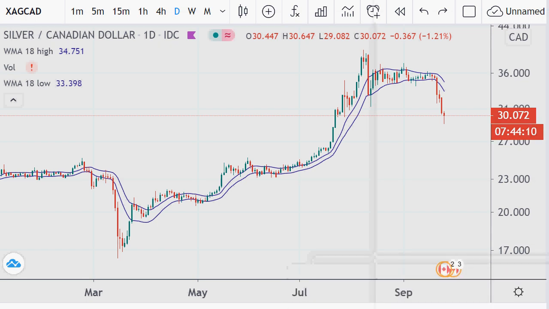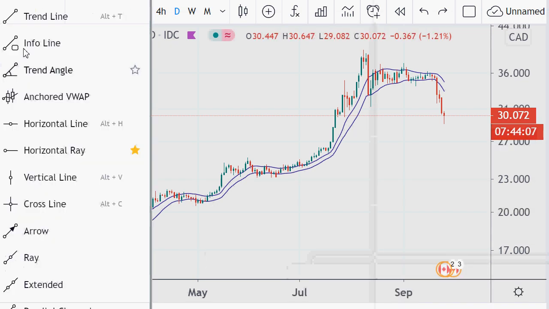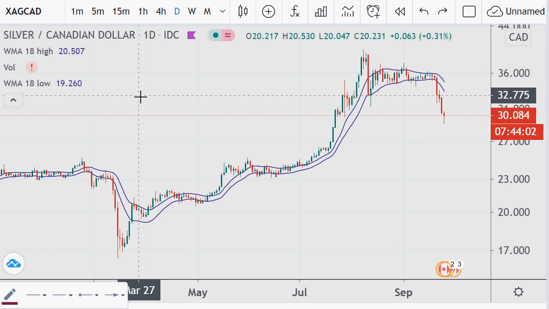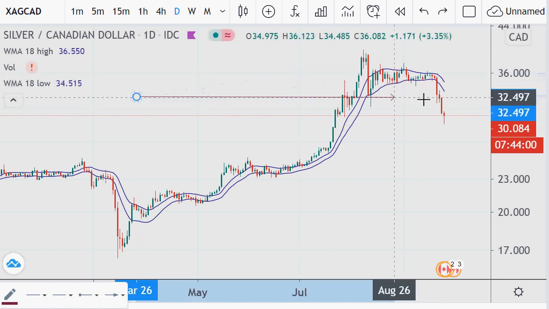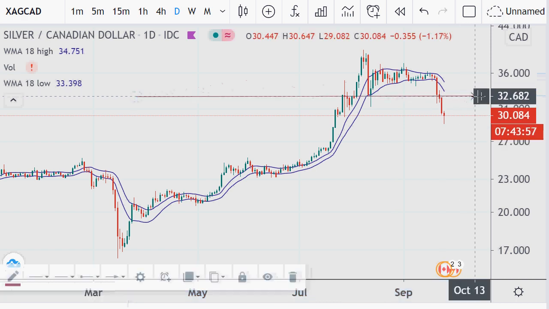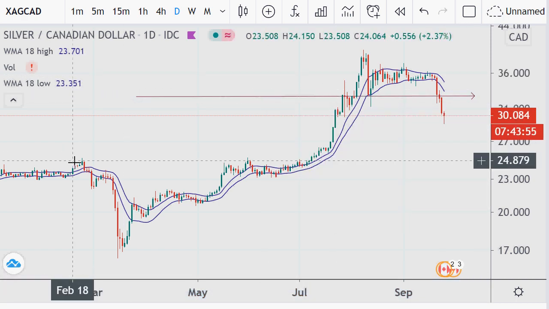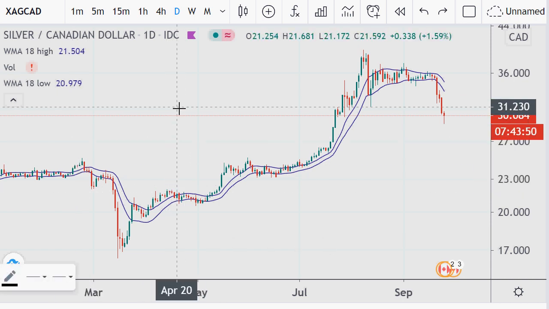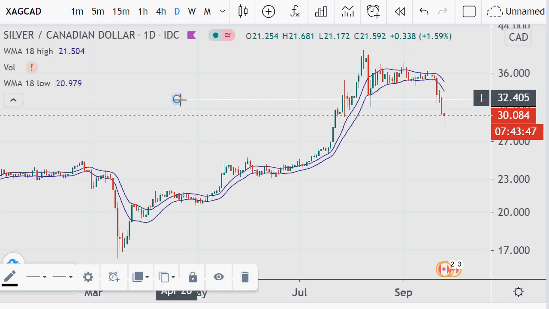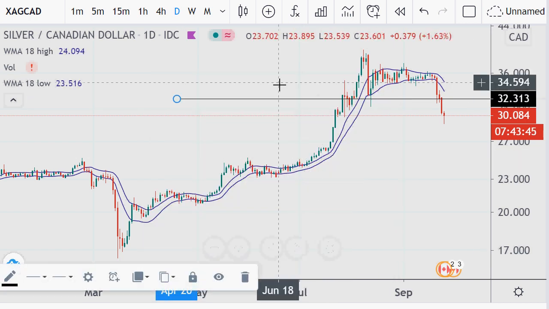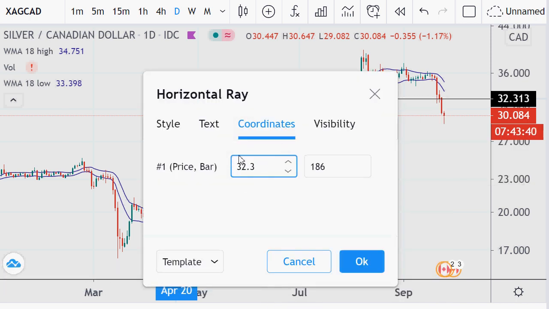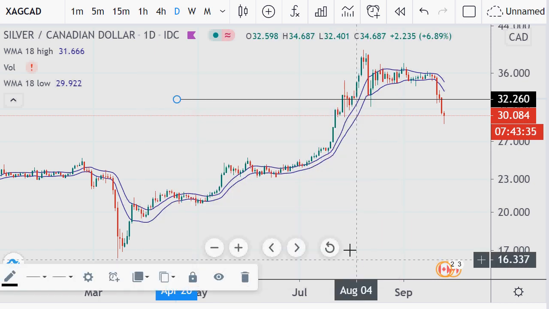So let's go ahead and put in a horizontal ray at 32.26. We've already gone below it. That's not what I wanted to do, because the tool they usually use to draw those lines just disappeared. I have them in there because it's so easy to put in fast. So 32.26, close enough, but I can put the exact numbers in while I'm here. I pushed enter and the zero came in.